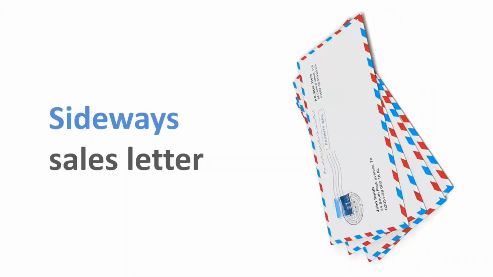Now, once you have their email address, what we're going to implement is what we call the sideways sales letter. And what this is: your message is complex and big. And so if you try to communicate your value to your prospects all at once, it's not going to come across well. Your value needs to be hidden within the message.